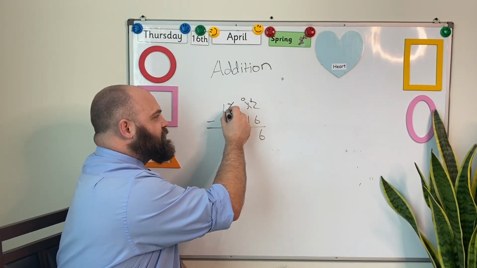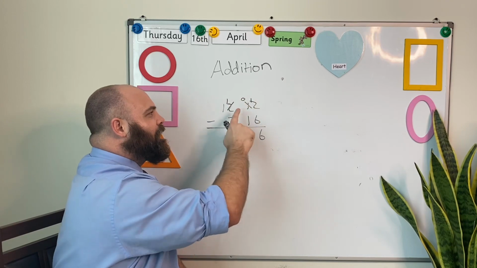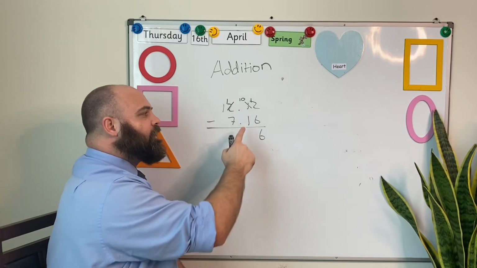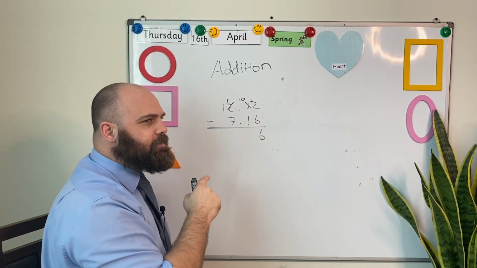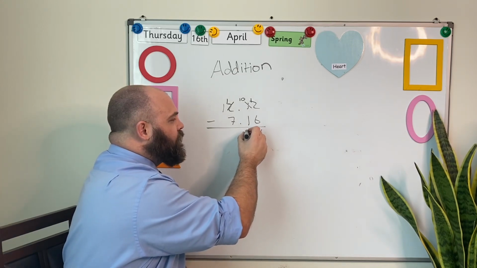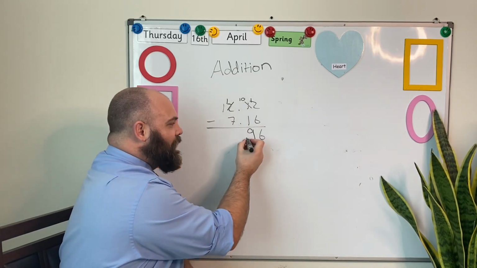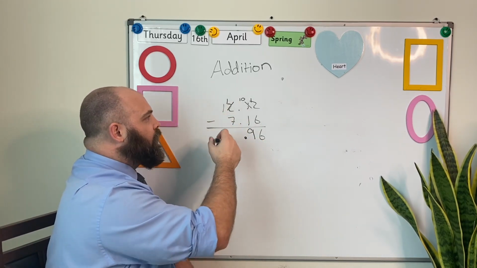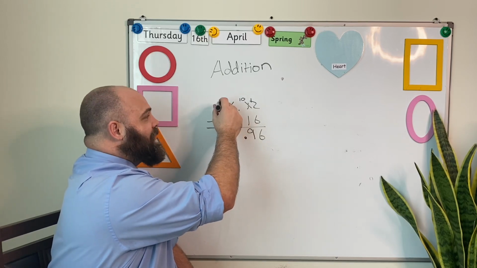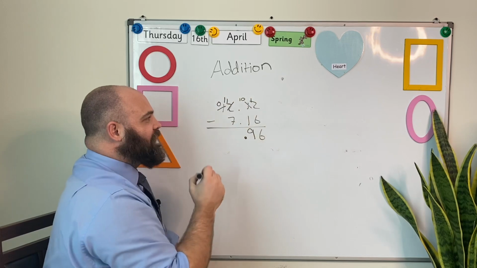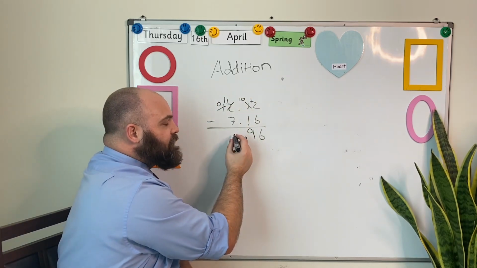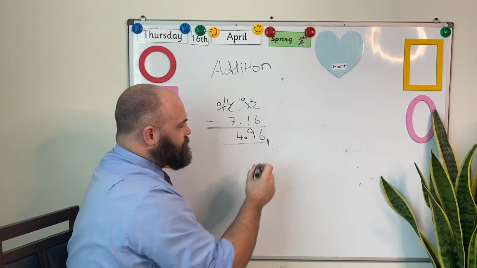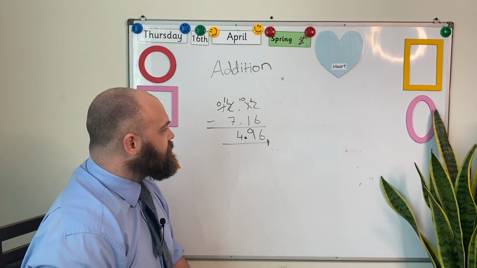So I go to my wholes. I take away 1 whole. I get left with 1 whole. And this 1 whole turns into 10 tenths. Can I take 1/10 away from 10 tenths? Of course I can. So I get left with 9 tenths. I keep my decimal in the same spot. Can I take away 7 ones from 1 one? No, I can't. I take away my 10. I get left with 0 tens. I now have 11 ones. 11 minus 7 is equal to 4. And that is my final answer. 12.12 minus 7.16 is